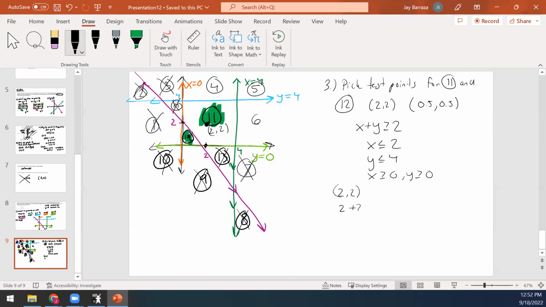So 2 plus 2 is greater than 2. So 4 is greater than 2. Check. 2 is less than or equal to 2. Check. 2 is less than or equal to 4. Check. 2 is greater than or equal to 0. Check. 2 is greater than or equal to 0. Check. This right here